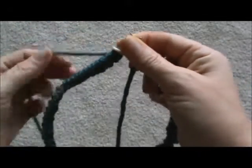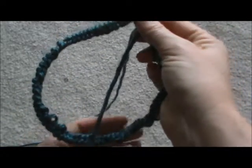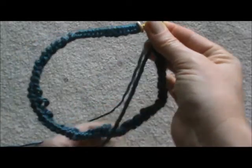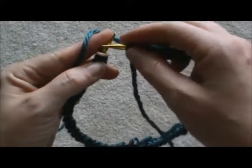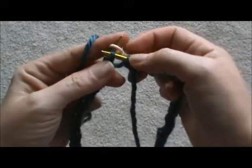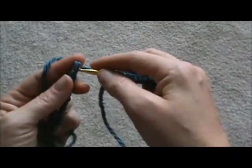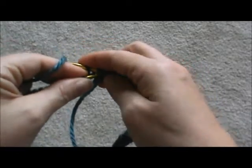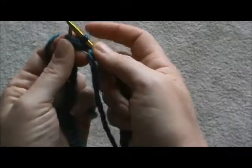Now, it's very important to make sure that your stitches are not twisted. We do not want to have a funny looking hat, because when you have that brim, the hat will not work. It'll be like a twisted project, and you'll have to take it all out. Okay, so what I'm going to do is pull this left stitch. Here, we'll take the marker off first, just to make it easier for you guys. Pull the left stitch to the right, and the right stitch over to the left needle, and now we're joined